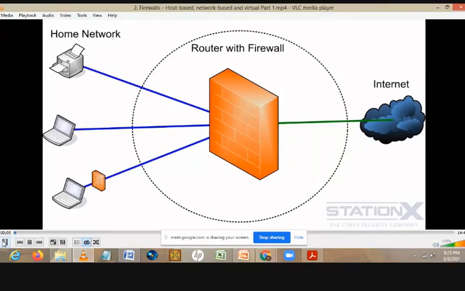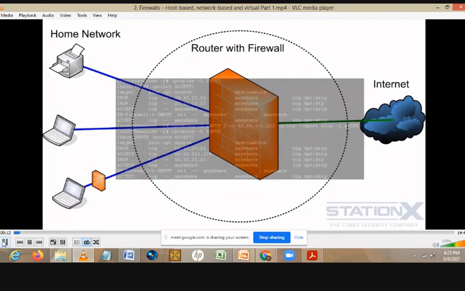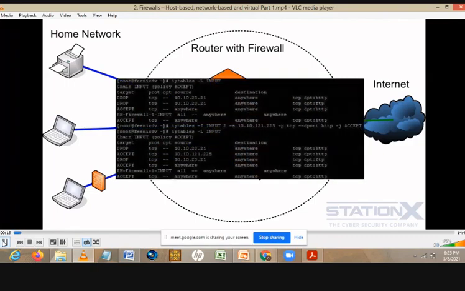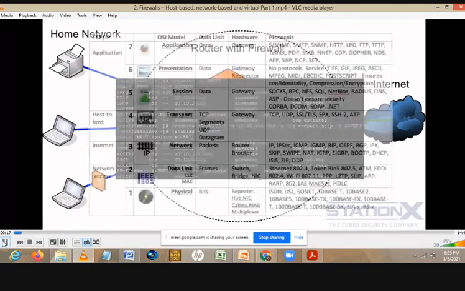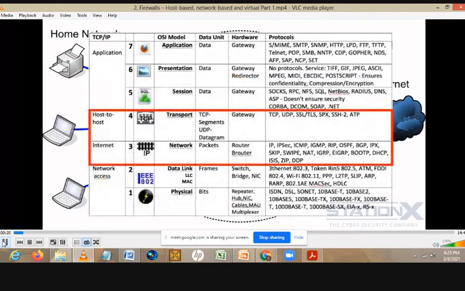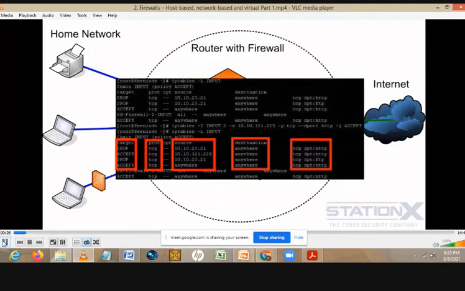Host-based, network-based, and virtual firewalls. As I've already said, firewalls allow and deny traffic based on a set of rules, or what's called an access control list. Most work on the network and transport layers to accept or reject traffic based on port, protocol, and